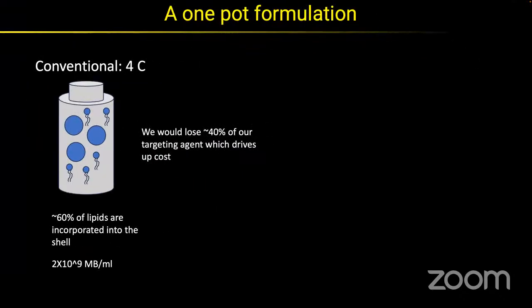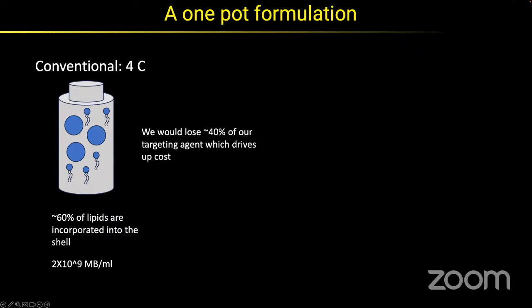Now, a conventional microbubble, when we make them, we have our lipids in there, we have our gas, we shake it really rapidly, but normally this is done at 4 degrees Celsius. And we only get about 60% of the phospholipids in this vial incorporated into the shell. So in my lab, we used to only get about 2 times 10 to the 9 microbubbles